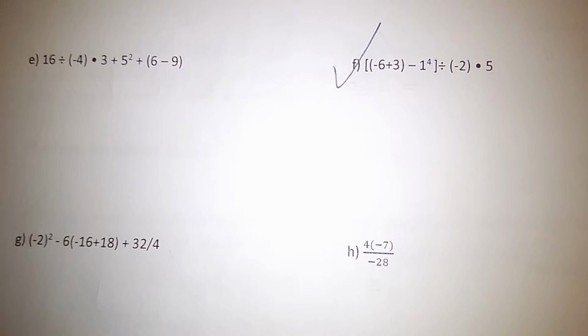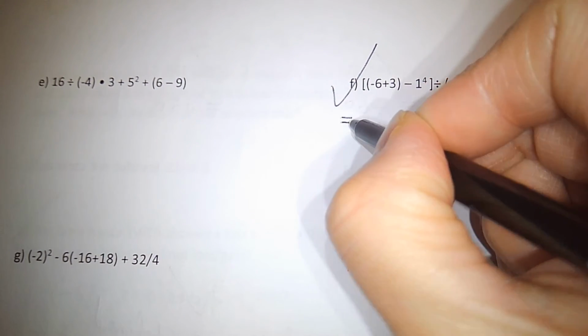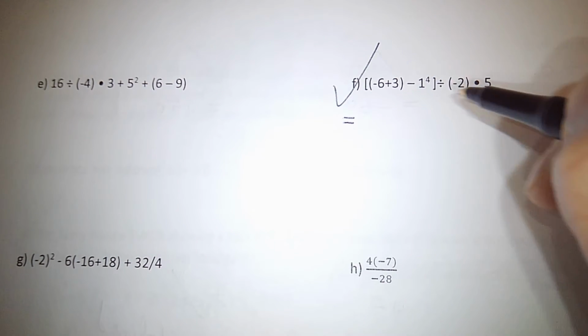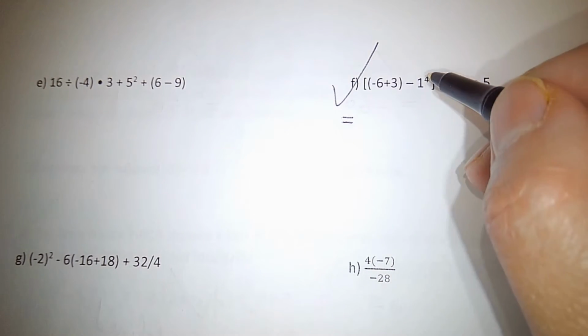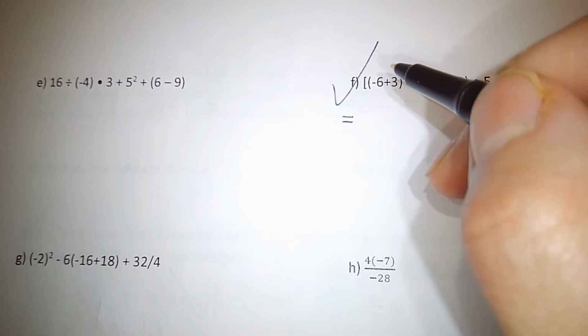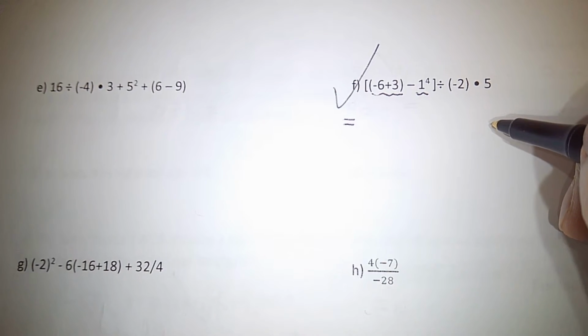Let's look at F at first together, okay? So question F, once we have brackets, parentheses, we do that at first, right? So, okay, we're gonna do with this bracket. Inside the bracket, we have what? We have parentheses, we have what? Exponent, okay? So,